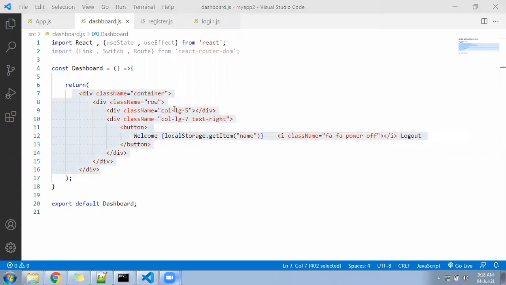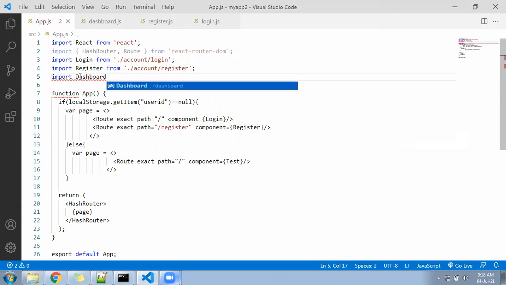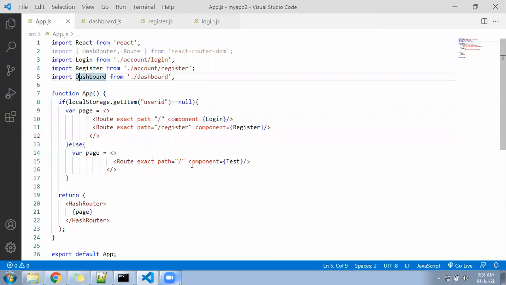Now after that, come here into this file and import the component called Dashboard component from dashboard. And here, Redirect, Route dashboard.